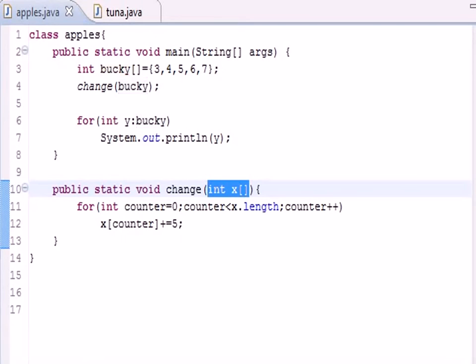So let me show you guys one last time what this does. We made an array like we did a million times called Bucky: 3, 4, 5, 6, 7. We next said, alright, take that array Bucky and pass it into the method change, where it says, alright, where's the method change? Oh, it's down here. So I took that array. Now what am I supposed to do to it? Oh, take each of the values and add 5 to them. Alright,